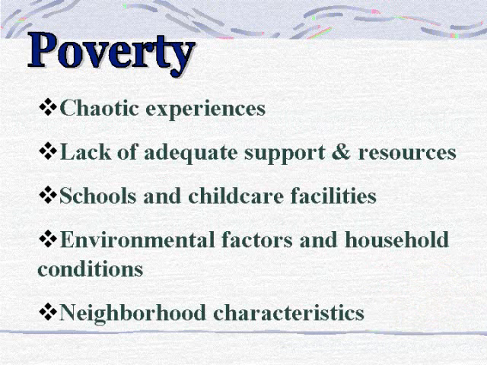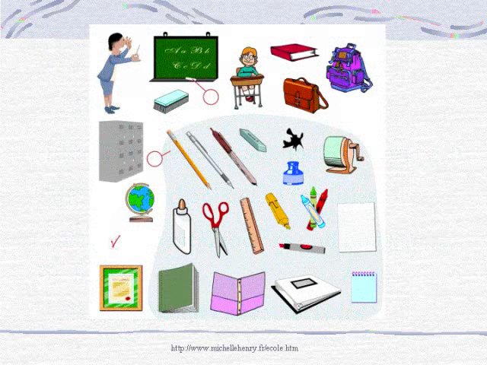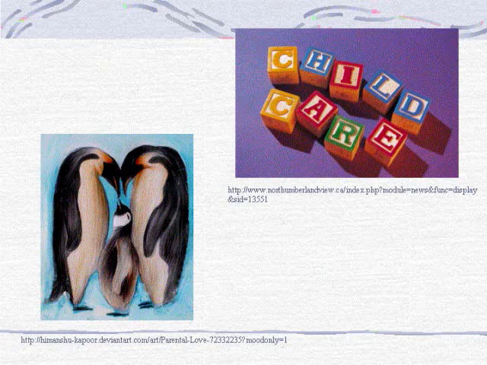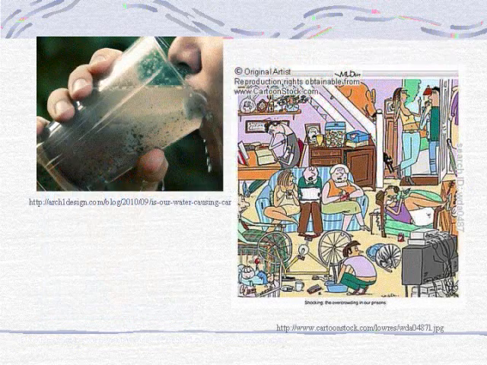Living in poverty has many psychological effects on adolescents and emerging adults. They experience more conflict, violence, instability, and chaos in their homes. They get less social support from their parents, who are less responsive, watch more TV, and have less access to books, computers, and other resources. Their schools and childcare facilities are inferior. The air they breathe and water they drink are more polluted, and they have overcrowded homes and live in more dangerous